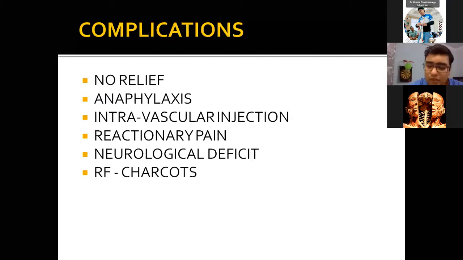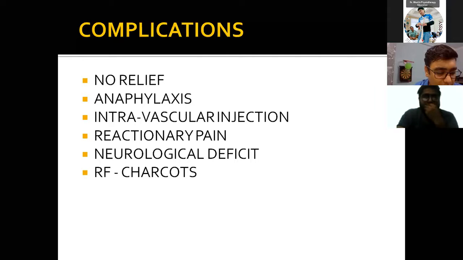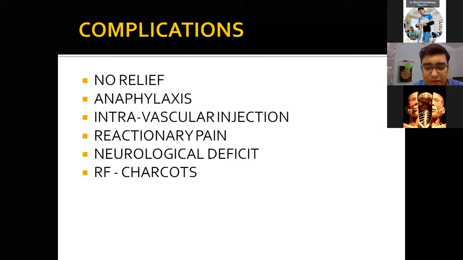One complication of radiofrequency ablation, which is usually advocated, is that it can cause Charcot's joint. As we know, Charcot's joint is the neuropathic effect on a joint, in which the joint becomes disorganized because of the lack of any nerve sensation. So if that theory is extended to radiofrequency, say in a patient with osteoarthritis, we have blocked and burnt all the genicular branches of the nerve, then the patient might end up with a Charcot's joint of the knee in, say, a couple of years down the line.